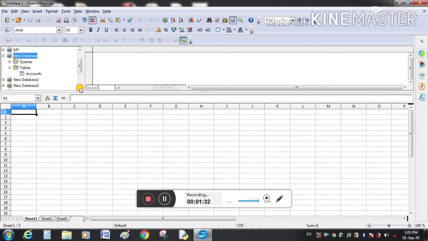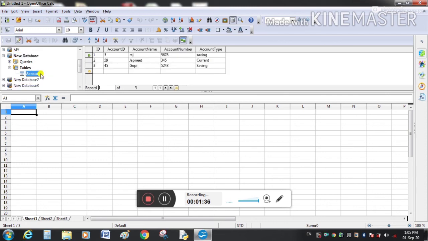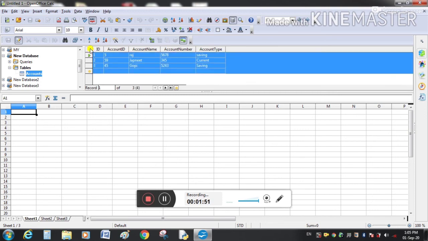The name of the table was accounts, because we have created entries related to the account of a person: account ID, account type, account name. So this was our data in our registered data source. So select this entire table. To bring this table to this spreadsheet, we will select the entire data here, and there is an option data to text.